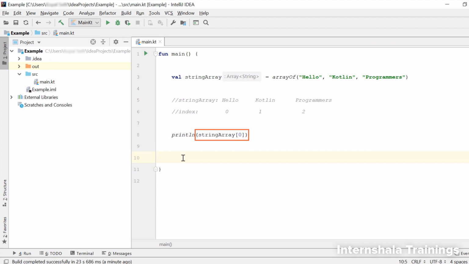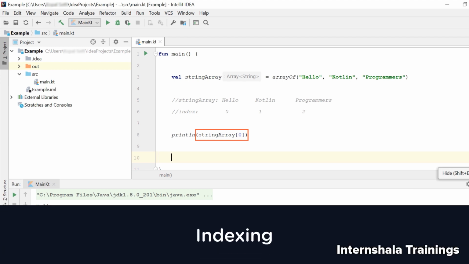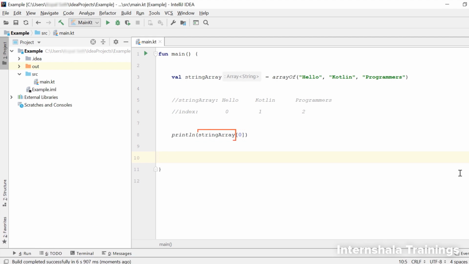You will notice that the code has changed. Let's run this code and see if we get the same output. Yes, we do. Now let's see what the IDE did here. So, from the IDE's message, one thing is clear to us, that the IDE wanted us to replace the code we had written with this code, and the IDE calls it indexing. So what we understand from this is that we can write the name of the array with the index in square brackets to get the value at that index. This looks much neater and is a replacement for the get function.